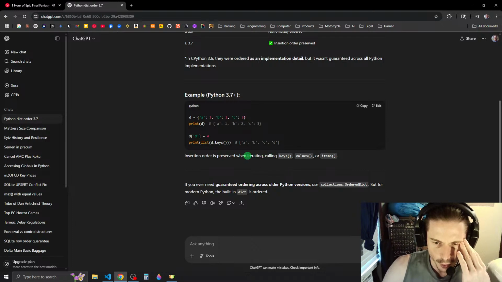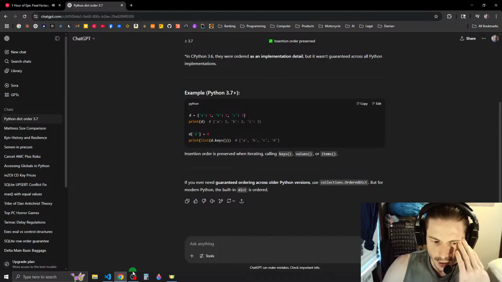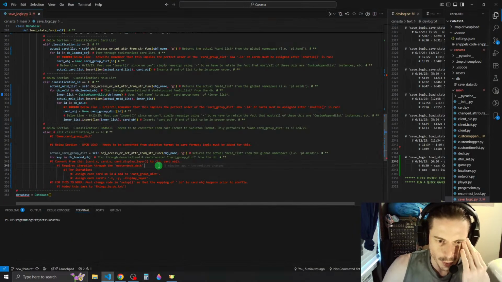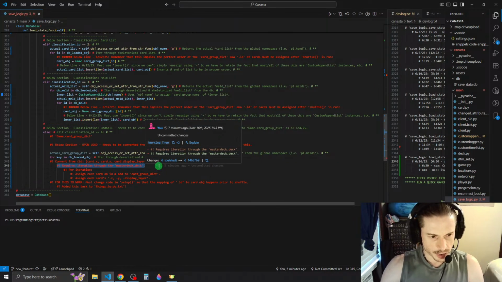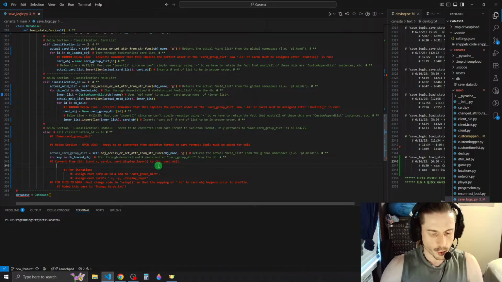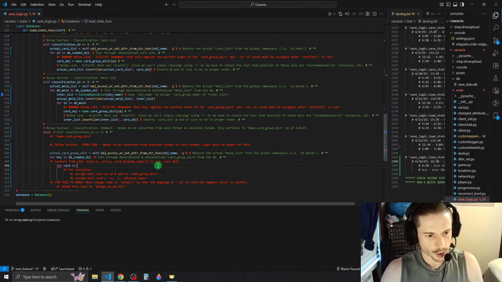So if you use a for loop on the dictionary, if you ever need guaranteed order across older Python versions, but for modern Python, the built-in dict is ordered. So we could just use a simple for loop then. So we would actually say for card in